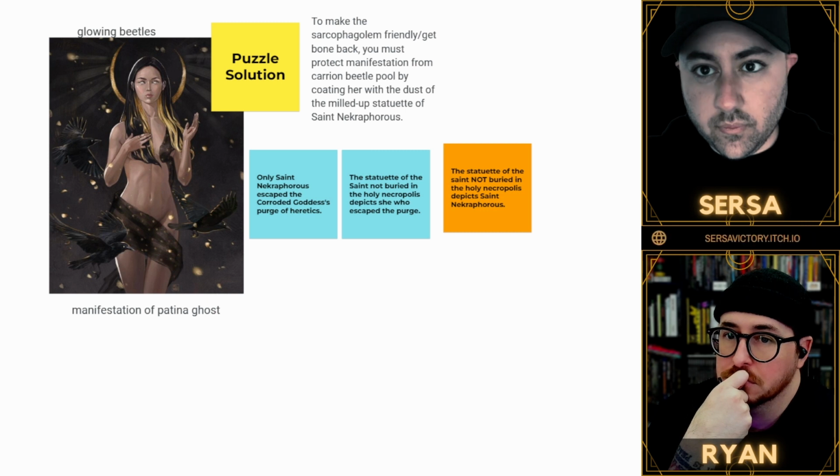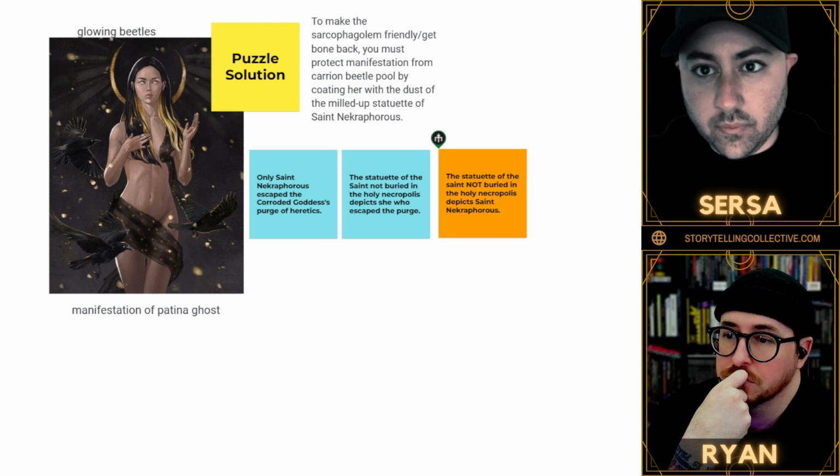But when the players get these two clues, they will go, okay, the statuette of the saint not buried. Oh, this is Saint Necrophorus. We can then bring it back to the patina ghost and say, hey, this is the one you were looking for. So one thing I'll note here to remind people, the way that these lore puzzles typically work is that